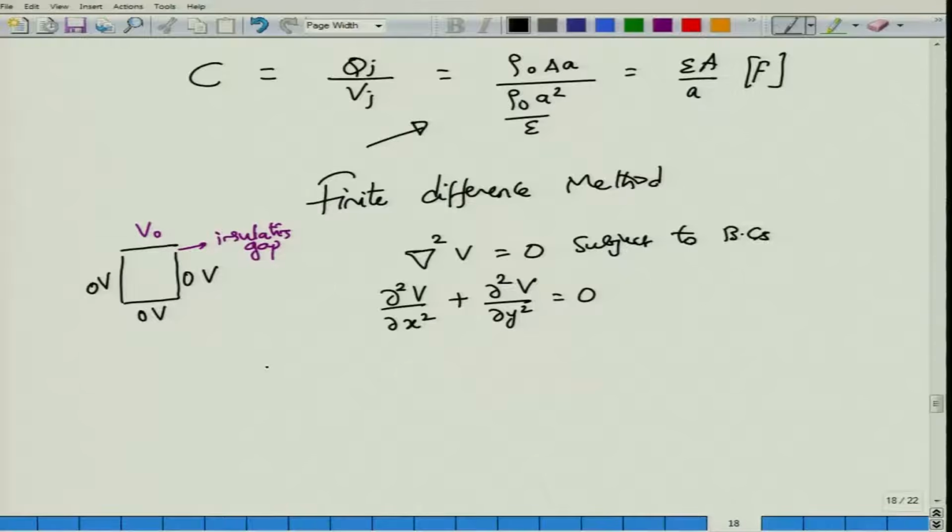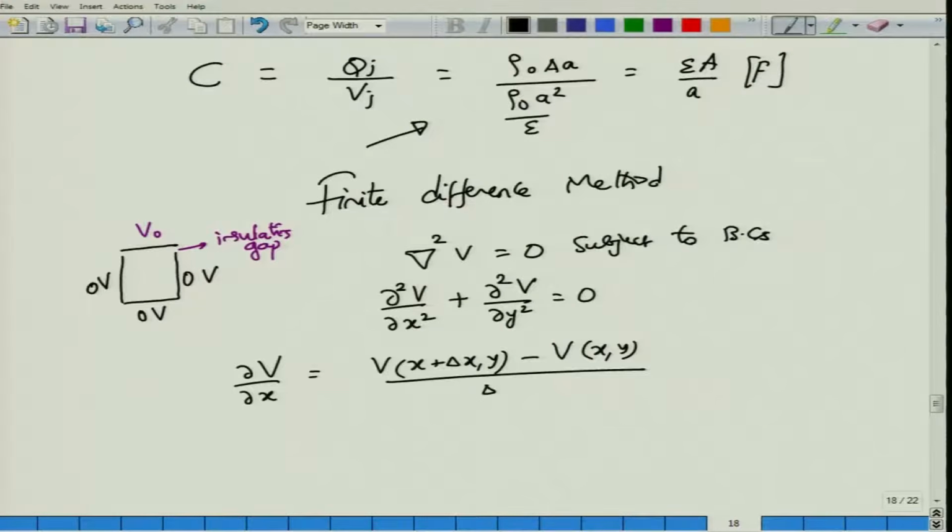If you have never seen a partial derivative before, I do hope that you have seen, the partial derivative of V with respect to x is actually, at some x plus delta x for a given value of y, so you have to find out along x at a certain point x plus delta x, just a small step away from that at the same value of y, minus V of x comma y, which is the potential at the point x y, and divide this by delta x and then take the limit of delta x going to 0. Well, this is how mathematicians would define the partial derivative.